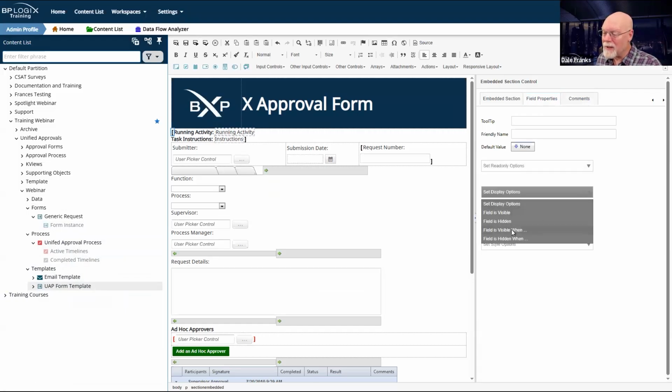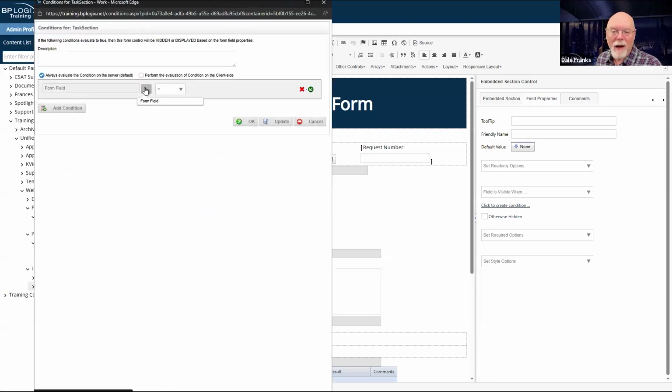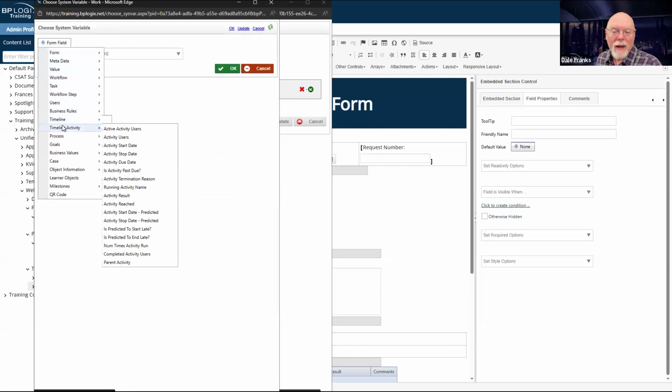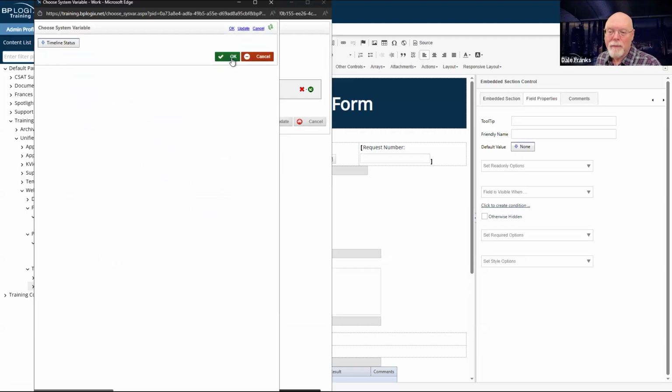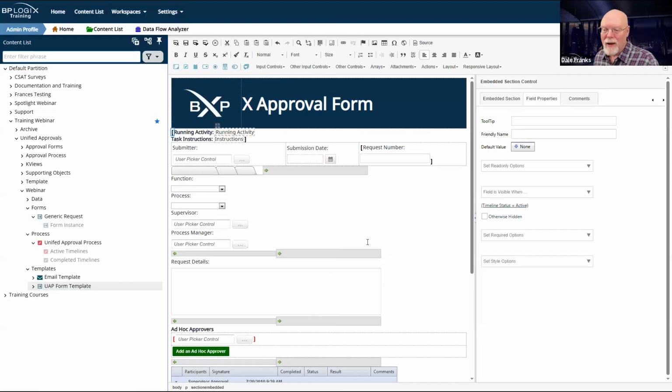Field is visible when, and I really only need it when I'm running in a timeline. So we're just going to set this real quick for timeline status equals active, because it only has context when I'm actively running in a timeline.